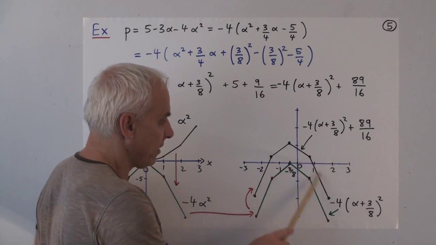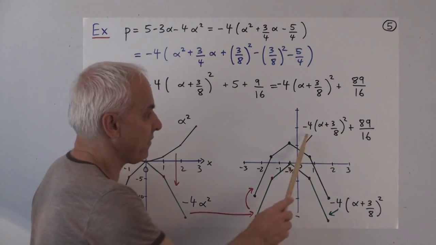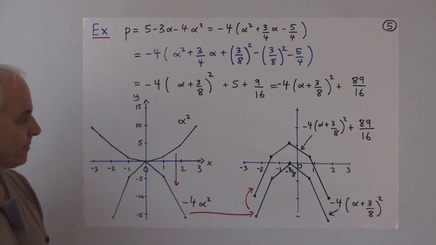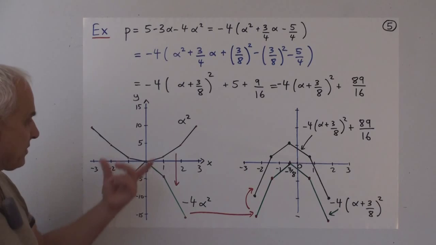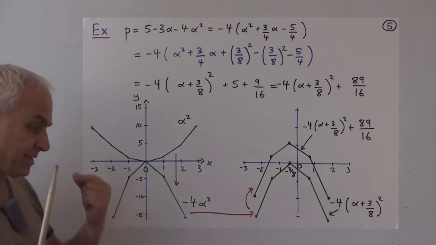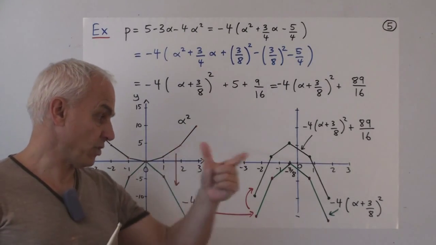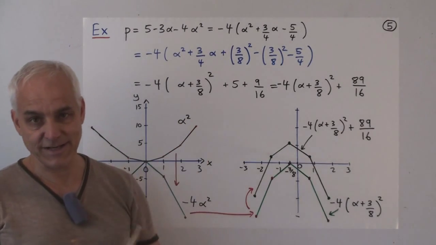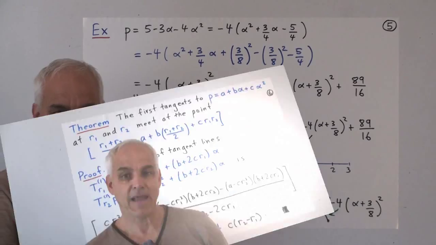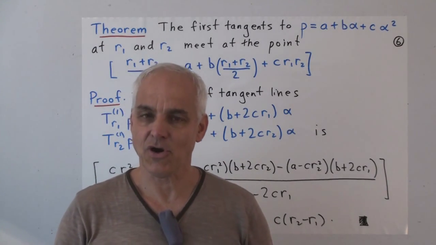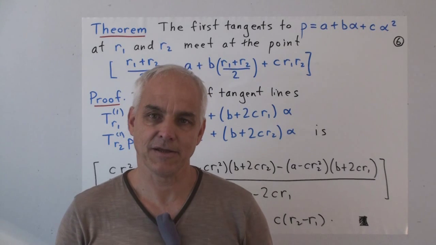And we obtain this graph. That's our graph of the original polynomial p, illustrating how it comes from alpha squared by a sequence of transformations: a scaling, then a horizontal translation, then a vertical translation. Now we're going to have a few more slightly advanced theorems, which are often not found in high